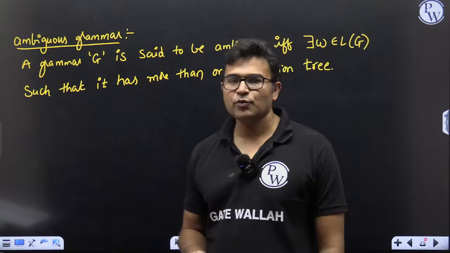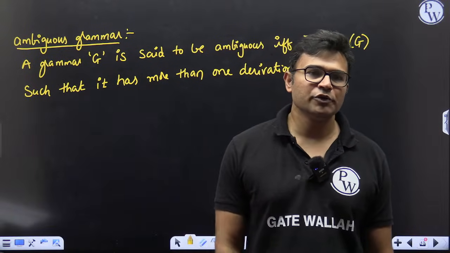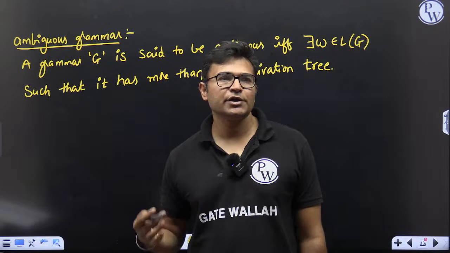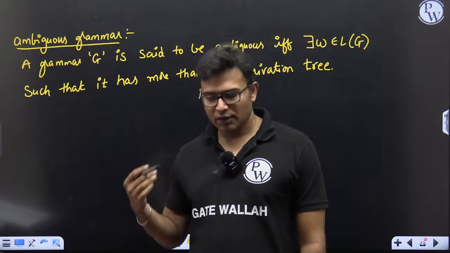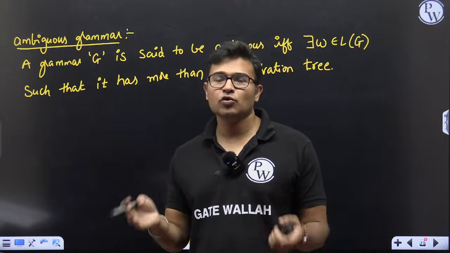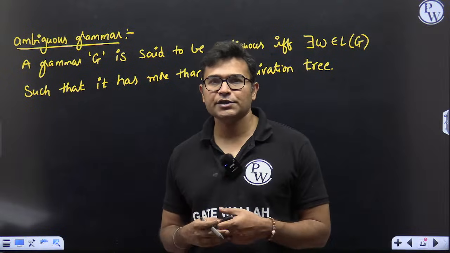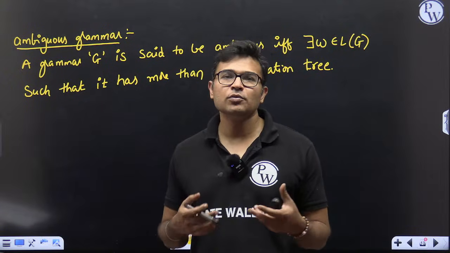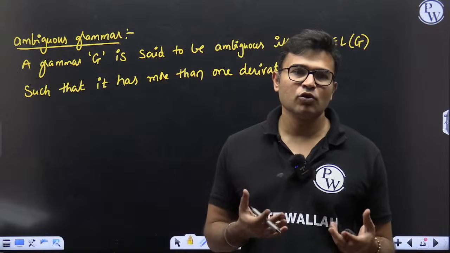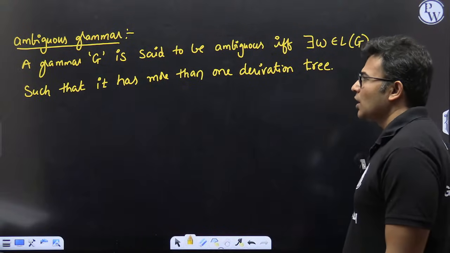But ambiguity is undecidable, which means there is no algorithm which can say that a grammar is ambiguous, and no algorithm which can say for what string you are going to get more than one parse tree, right? So you have to do practice. With practice, you will be able to come up with strings in such a way that you get more than one parse tree. There is no algorithm for this.